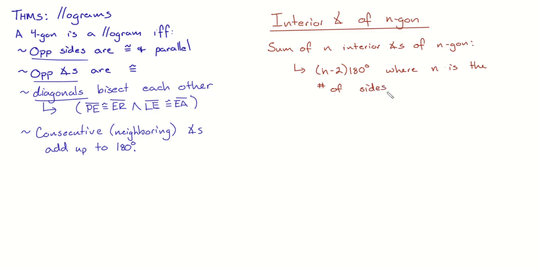Okay. So people get goofed up on that one. N minus 2 times 180. N is just the number of sides. So if it's a 7-gon, it'd be 7 minus 2 times 180. What does it mean if a shape is regular? All sides and all angles. So I'd say for a regular n-gon,